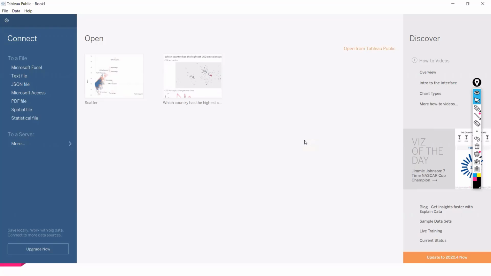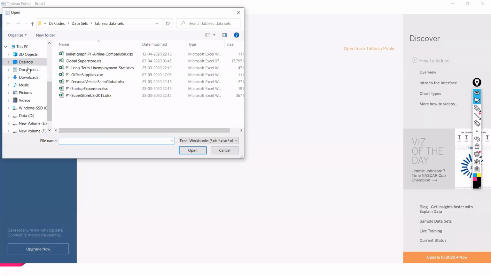Right? So this is my Tableau Public, and I'm sure all of you know how to connect the data set. But for those of you who do not know, let me just start from the beginning. You can just click on the type of file you are using for creating your visualization, and you will have all the data sets there. So whatever data set you are trying to use, just select that one. So here I am using a Superstore US data set,